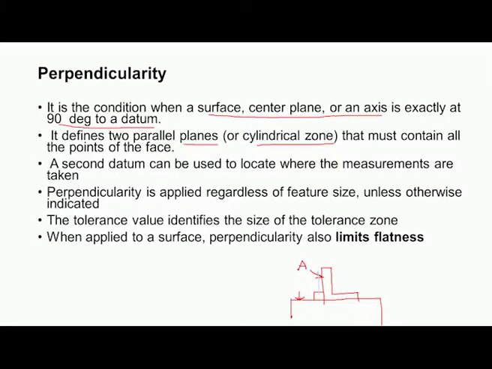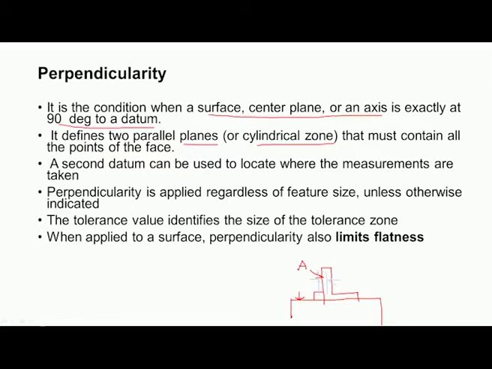So, this is one plane and this is another plane. If all the points on this particular surface are within these two planes, then we say this surface is perpendicular to the datum surface.